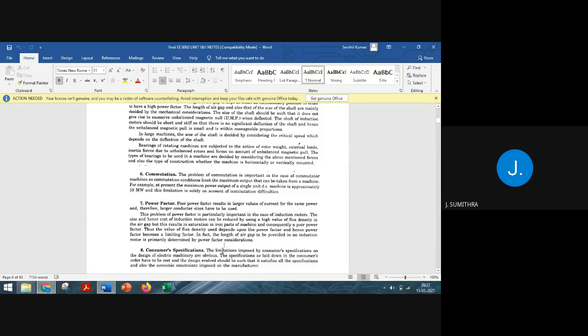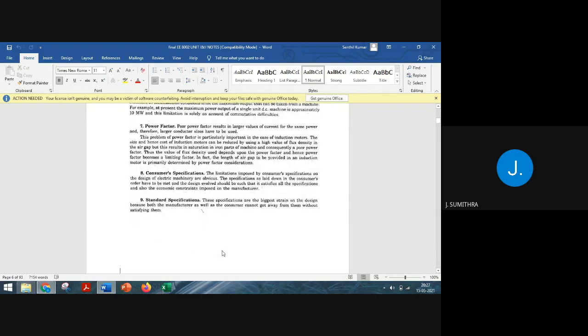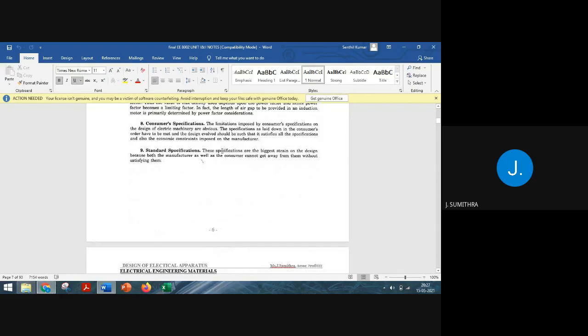Okay, then at last, consumer specification and standard specifications. Whatever the design may be, it is supposed to satisfy the consumer specification. At the same time, the design must satisfy the standard specification. There should not be any violation of the specifications formulated by the government. So it should satisfy both the consumer specification and the standard specification. In the next session, I will explain the different types of engineering materials required for constructing an electric